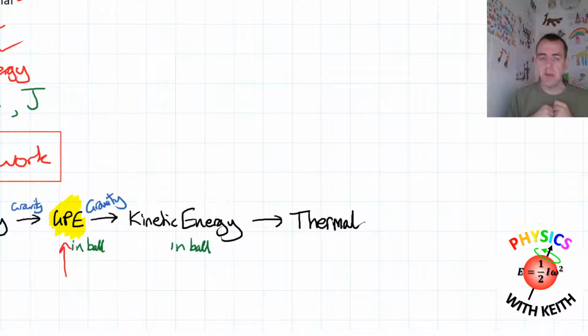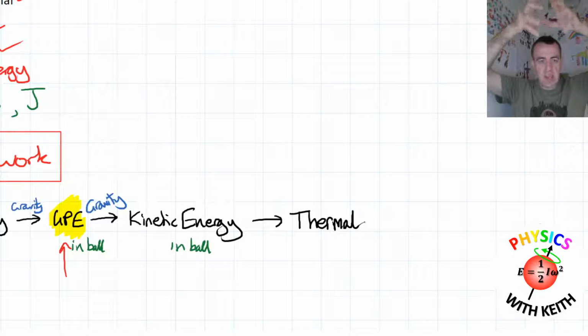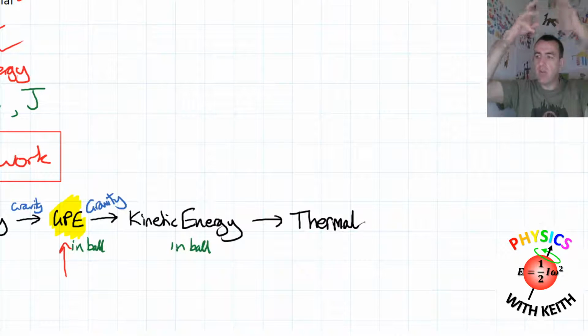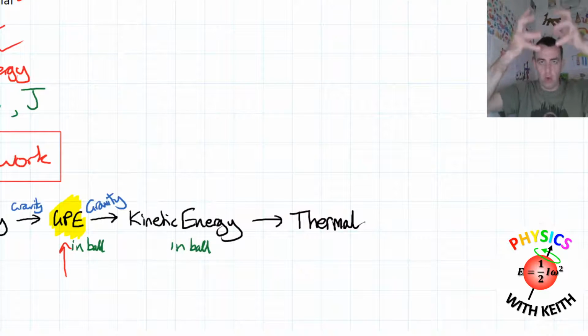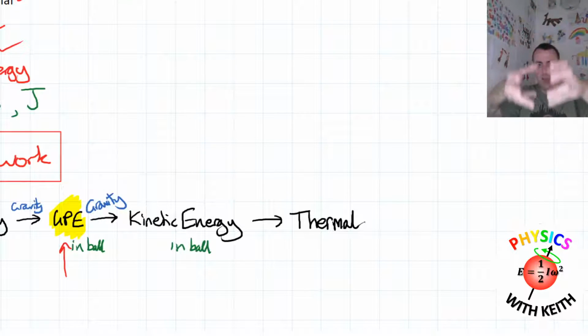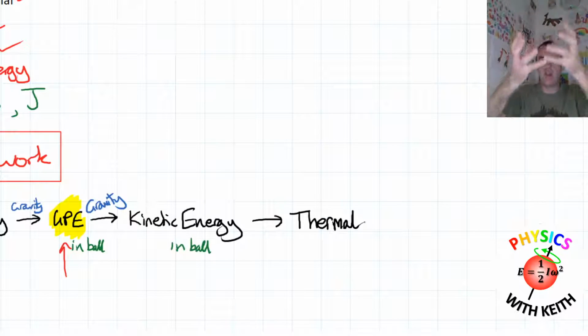And the way Feynman described it, again, I do love the way he describes things. When the object was falling, everything was moving in the same direction. So we had this nice regular motion. And yeah, the molecules were vibrating a bit, but in general, there was this prevailing motion downwards, an organised motion downwards. And we can think of that as the kinetic energy of the ball. But then the ball hit the floor, and eventually it stops moving. That motion hasn't gone, it's still there.